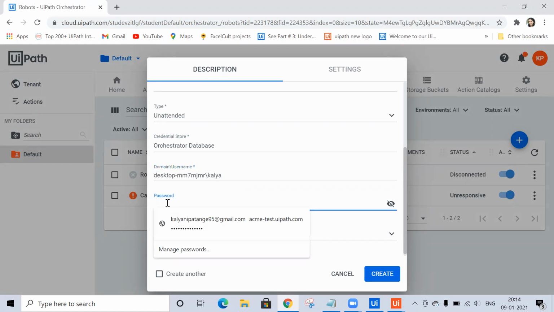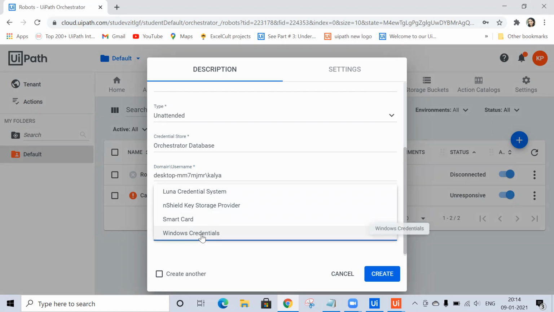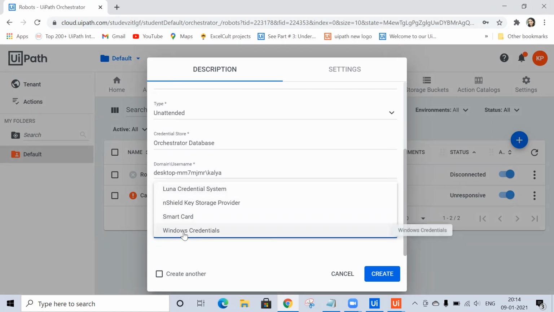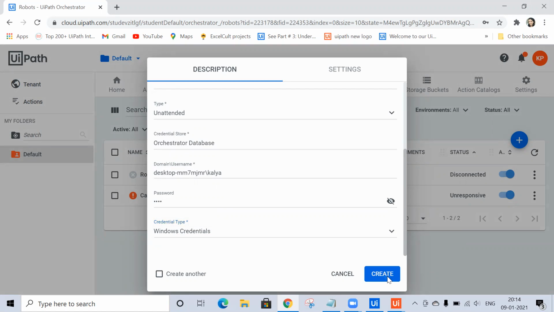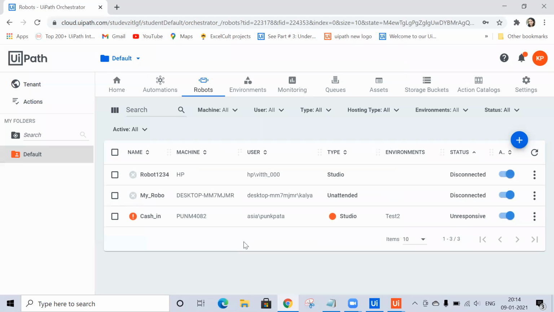So the password is your machine password, right? So I'm just providing it. And here credential type, you can choose anything as per your requirement, but right now I'm choosing the Windows credential, and I'll click on create. So once this robot is added, my robot,